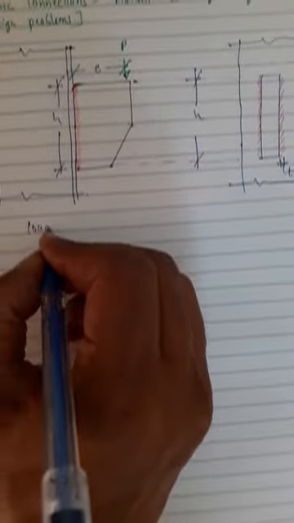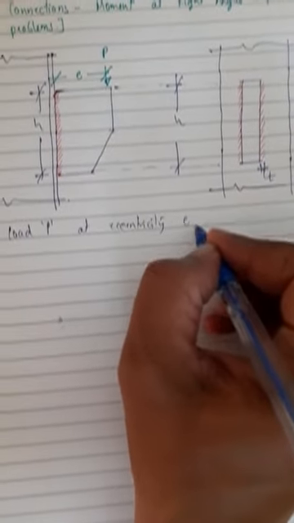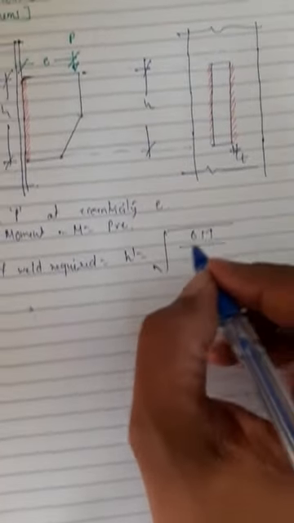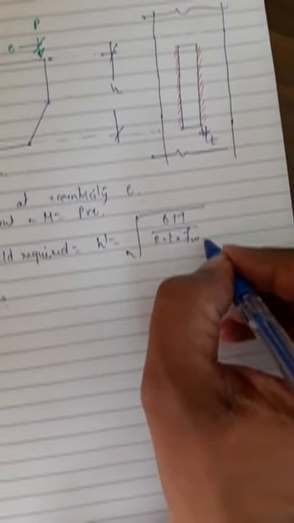So consider load P at eccentricity E. Moment M is equal to P into E. We have some standard equations. Depth of weld required h dash is equal to under root 6M by 2 into T into FWD, where 2 indicates 2 lines of welds, T is throat thickness of weld,